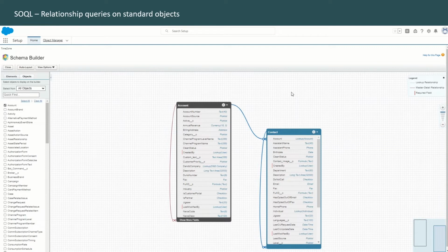So here what we are trying to do is write a SOQL query using accounts and contacts. So let's look at the relationship between the two objects, and let's look at how we can use the fields to write a single query which pulls fields from contact as well as account. So if we look at the relationship here, it is a lookup relationship from contact to account. This means contact is the child object and it has got a lookup field on account, which is the account